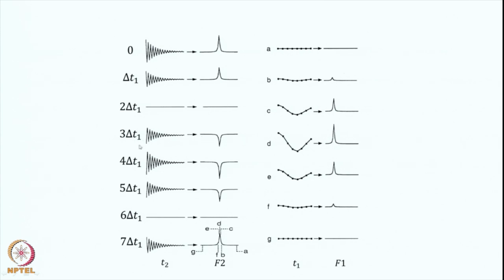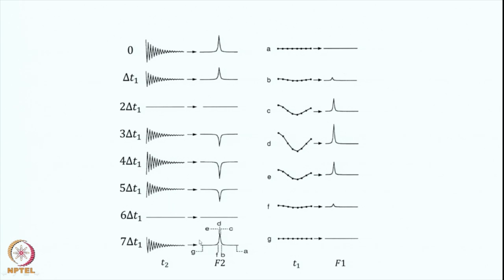Now for the third FID, and the fourth FID, it is starting negative and the signal is now inverted. So it is going negative here, and this fourth point is also negative, but with enhanced intensity because this initial point is higher than the previous one. At 5 delta t1 again it reduces, the 6th one is back to 0, the 7th one is again going positive, this is the positive signal, and so on. So this keeps getting modulated. The signal here is getting modulated by the evolution during the period T1.